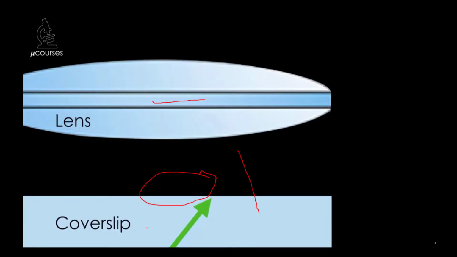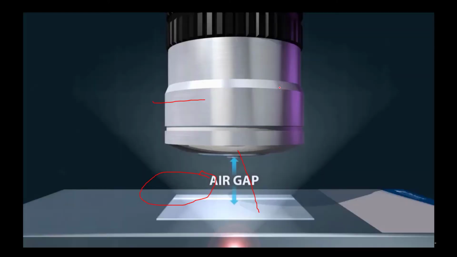So this cover slip से जब rays आएंगे यहाँ पे, okay, through this cover slip, the light rays sometimes go away from the objective lens. यानी they cannot enter into the objective lens, so the image will not be seen, right? So this gap is actually filled with the oil. जब हम oil डालेंगे तो क्या होगा? These particular light rays will not go away. It will go directly into the lenses. So in that case, what will happen? You will see the good image. Okay? So this is the mechanism of using the oil, so that all the light rays should not get lost. It enters into the objective lens.